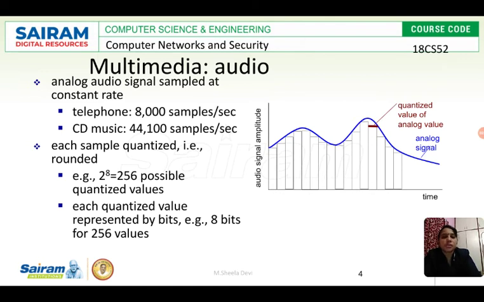From there, these finite values are converted into bytes. For every sample, it is converted into a byte, that is 8 bits of data, represented in zeros and ones. So these two processes are involved in the conversion of the analog audio signal to digital data: one is sampling, the other is quantization.